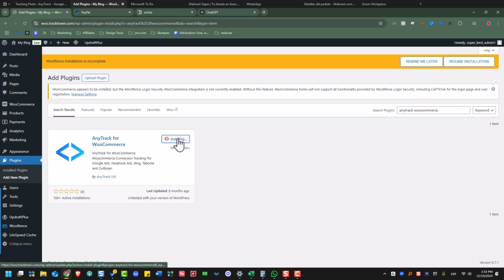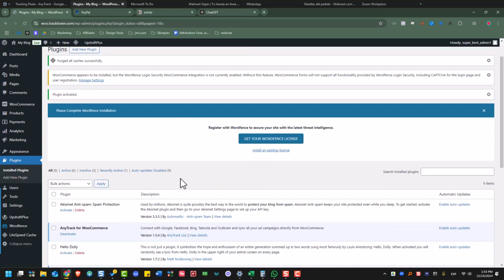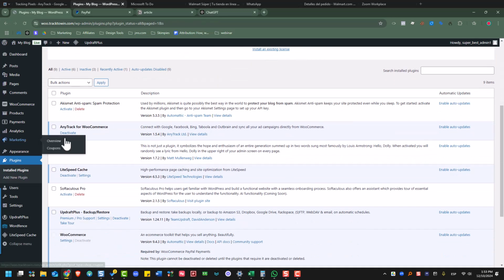Then install it, and activate it. Now if you see your WooCommerce menu, you will see that there is one more menu, which is Anytrack. So click on Anytrack,